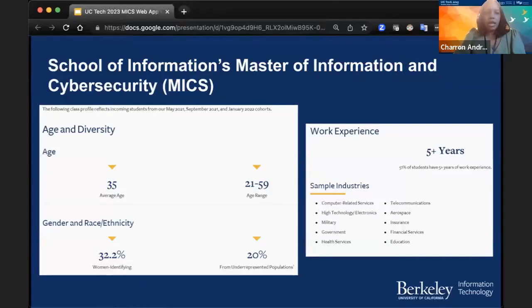This is a slide that details some of the demographics from the program. Many of you have heard the stats around the number of vacancies in the field, and many of you have also felt the pain of trying to recruit to fill some of those vacancies. The MIX program aims to grow the cybersecurity workforce. With the 100% online format, the program is able to target individuals who work full-time, those who might be interested in a career shift, as well as expand talent into underrepresented groups.